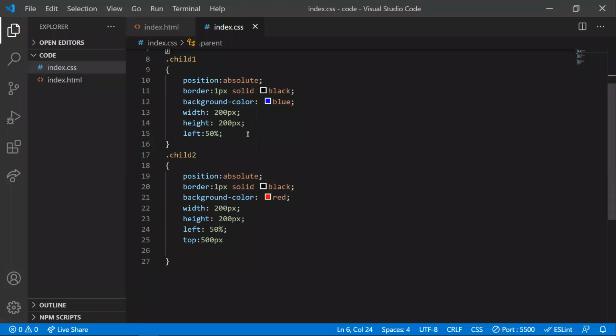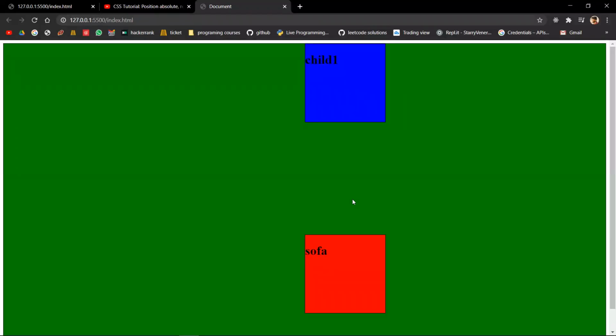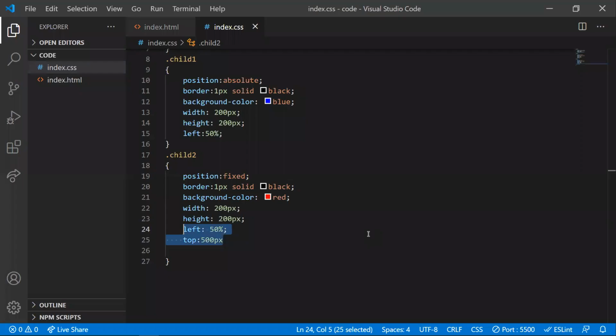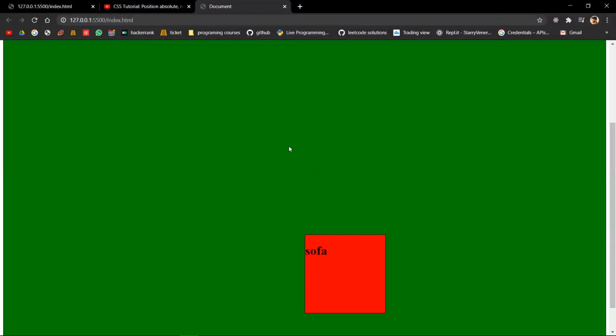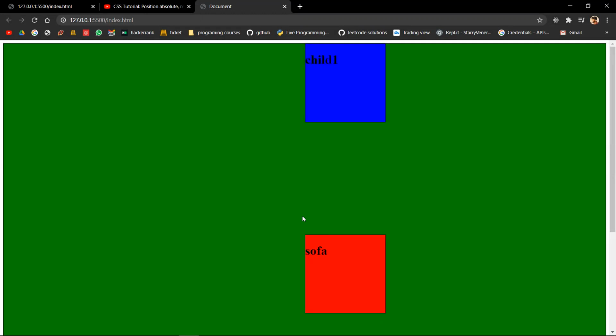So for that, if we use fixed and remove this, let me keep it that way. If I move down, the sofa doesn't move. For example, if I increase the height of this to 150 vertical height, so if you move down, it doesn't move because it is fixed to that page.